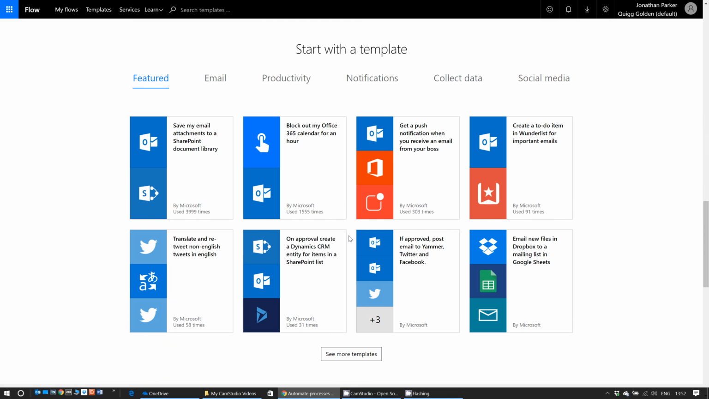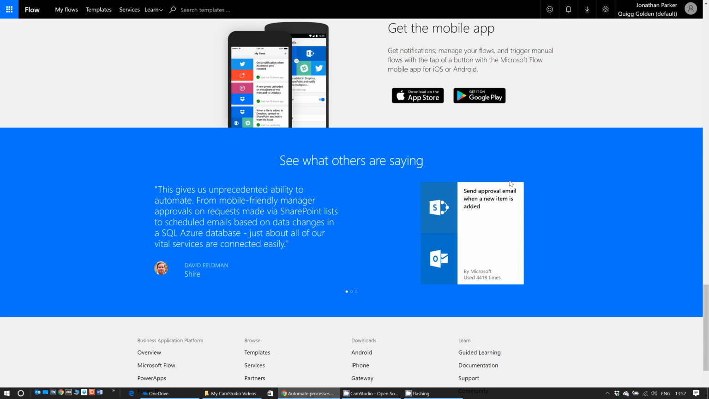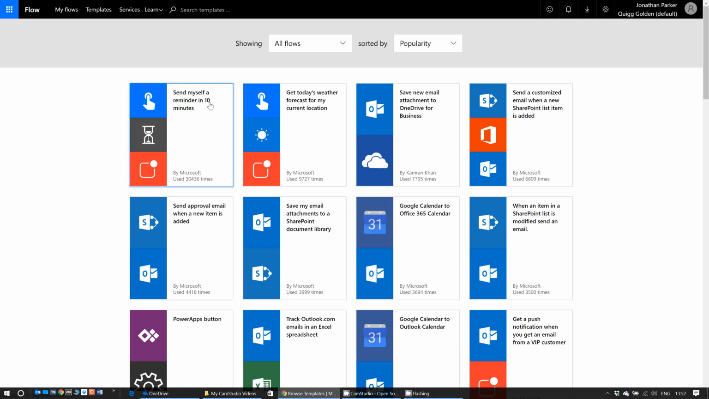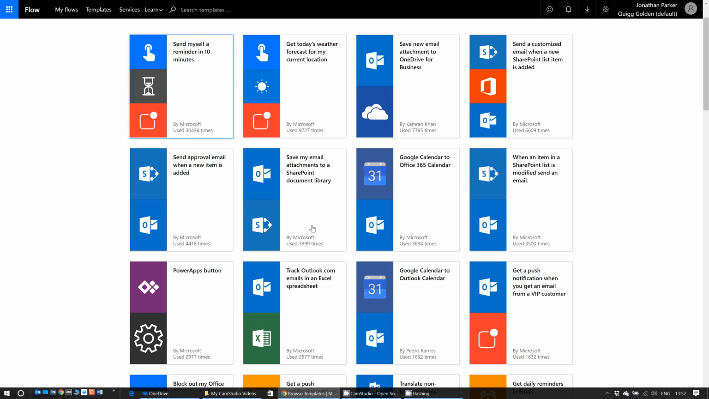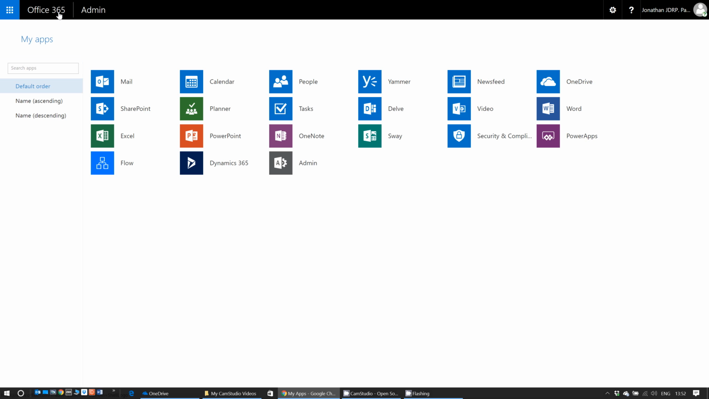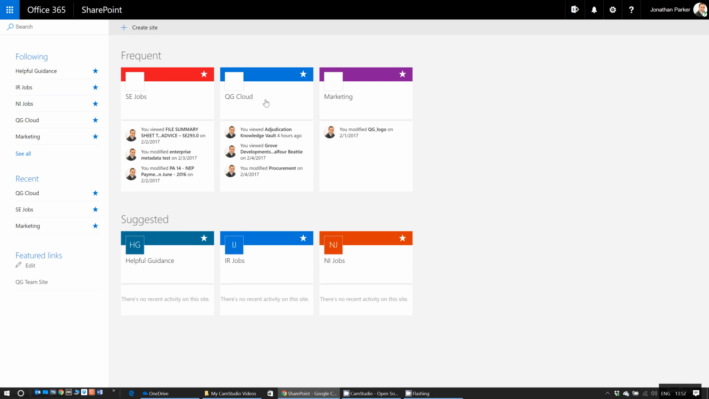So you see on screen here we can set up workflows that automatically carry out processes for us, and there's a lot of different things to choose from. Send reminder in 10 minutes, today's weather forecast, save my email attachments to SharePoint document library we have here. So there's an awful lot we can do there. Sorry, kind of going a long way around here. If we come back to our QG Cloud desktop,